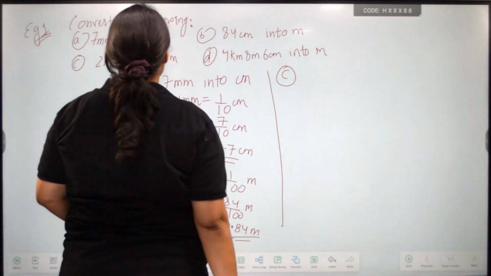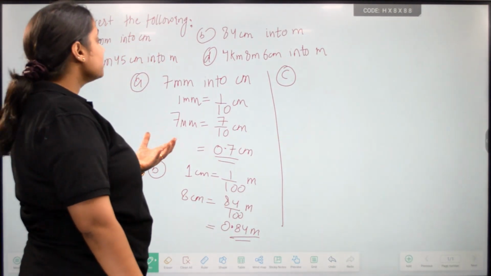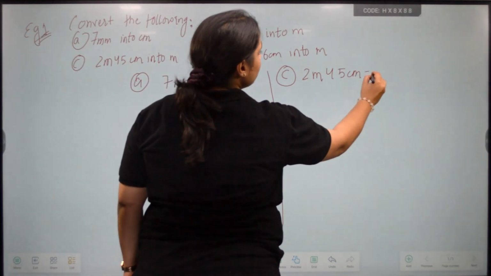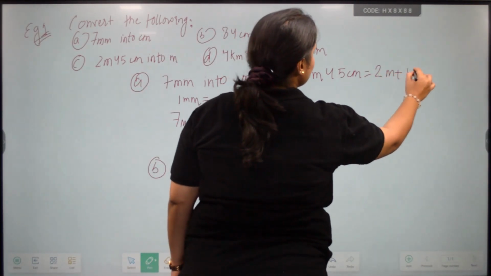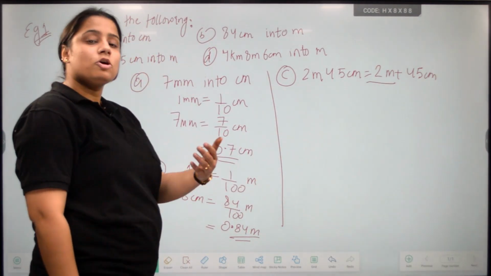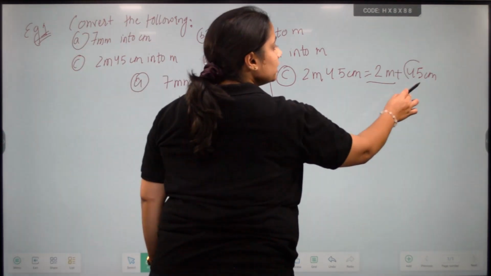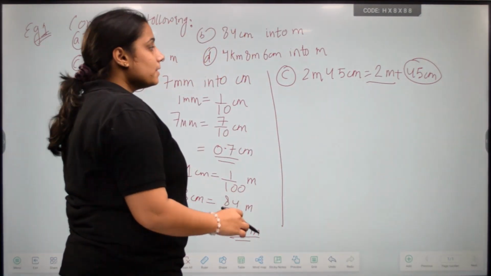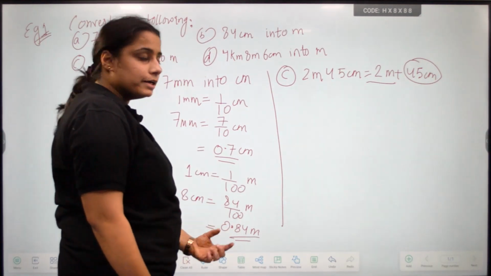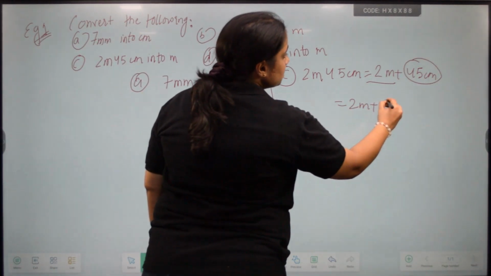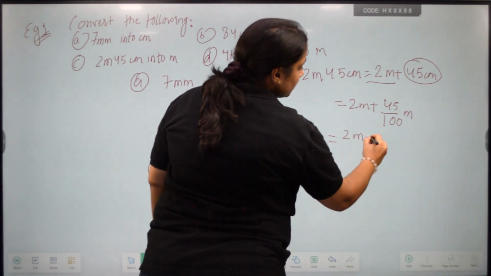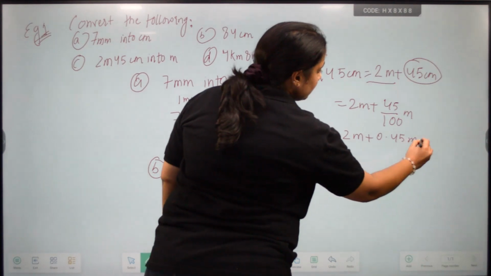Part C, 2 meter 45 centimeters into meters. 2 meters 45 centimeters can be written as 2 meters plus 45 centimeters. We can see that this part is already in meters, so we need not convert it. We need to convert only this part. As we have seen earlier, to convert centimeters into meters, we divide by 100. So 2 meters plus 45 upon 100 meters. It will be 2 meters plus 0.45 meters,